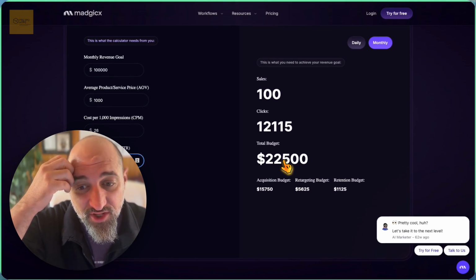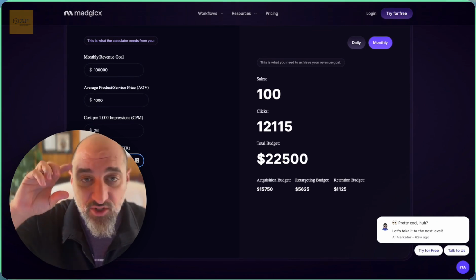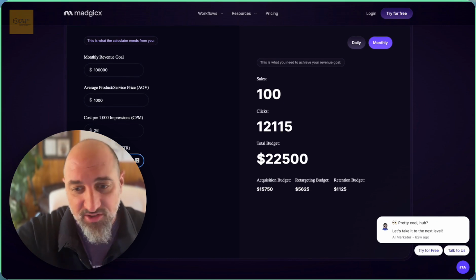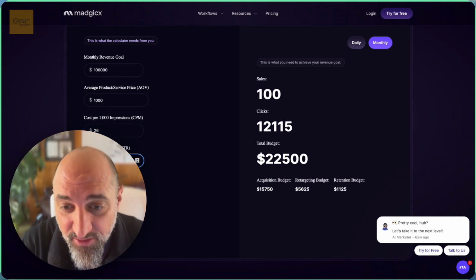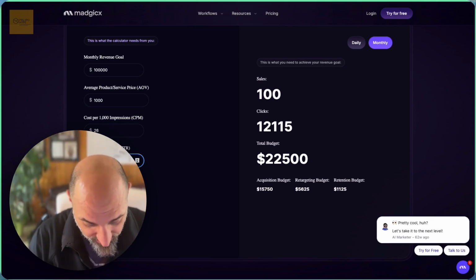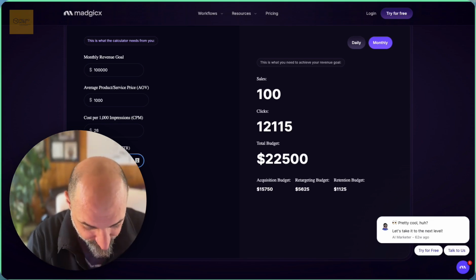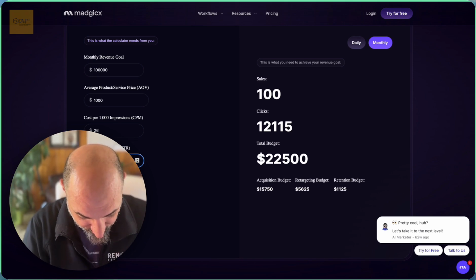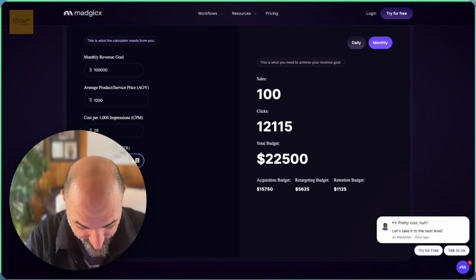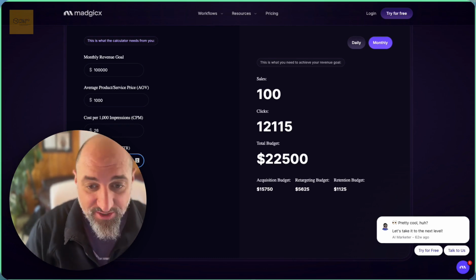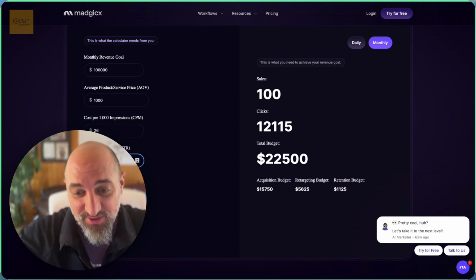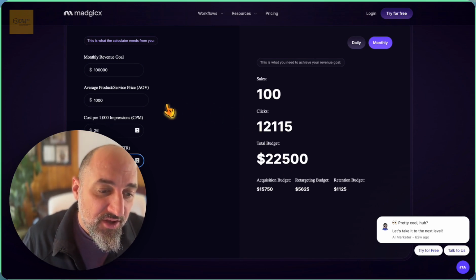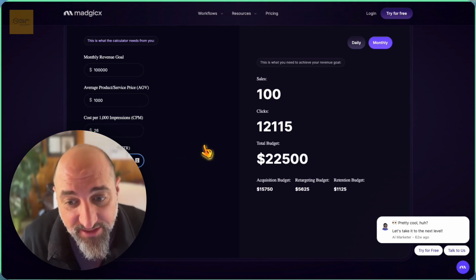So you just got to make sure that you have that amount of budget to be spending because you can't stop the machine once it starts. So you really need to have this type of budget to get enough traction through the page. And even at this, let's say 22,000, we'll do some quick math here. All right. So let's go 22,500 divided by 30. So that's $750 a day, right? So sometimes when I tell people you got to be spending between $500 to $1,000, here's the math, right? So you start to see that this is really expensive.